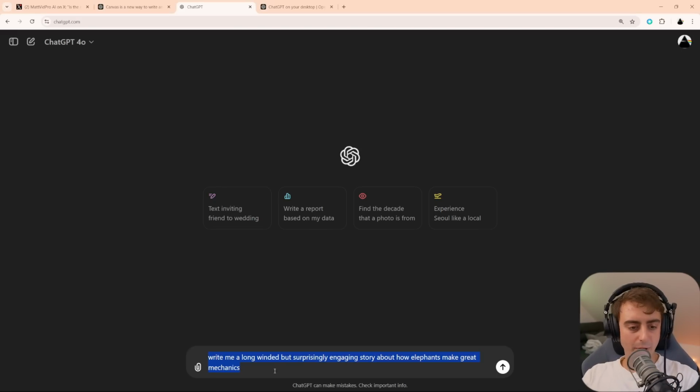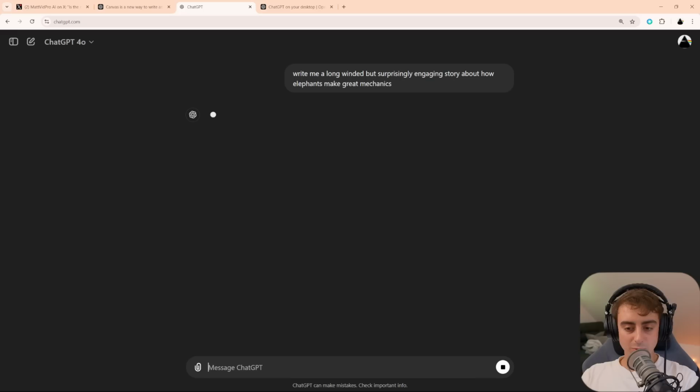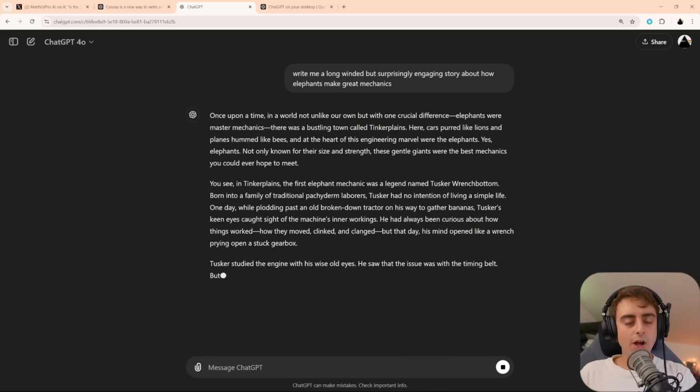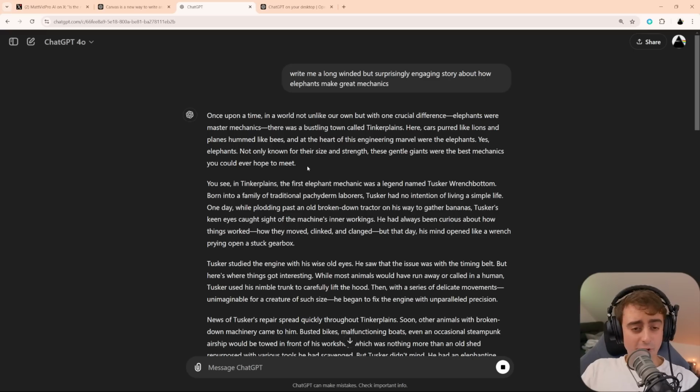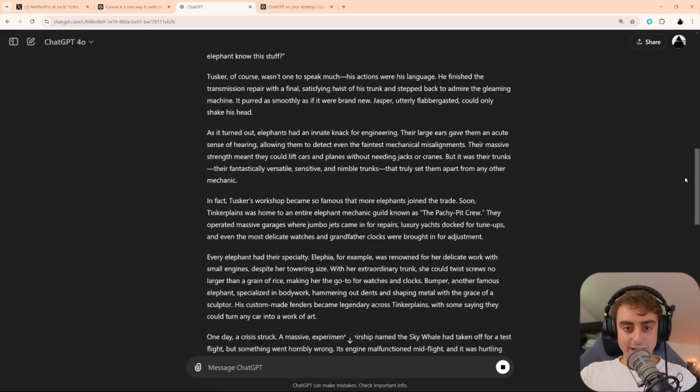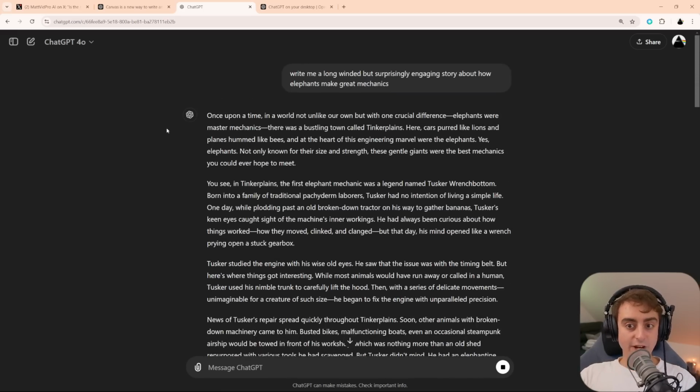We've got our prompt bar at the bottom, we can upload files, we can send our messages off, but interacting with the large language model in this old interface definitely leaves a little bit to be desired. Let's say, for example, this first paragraph, we want just that rewritten. Well, the only way to do that in this old interface would be to prompt it all over again and say, I like the story, but please rewrite the opening. And then it would have to regenerate the entire thing